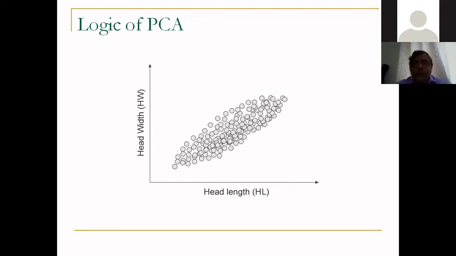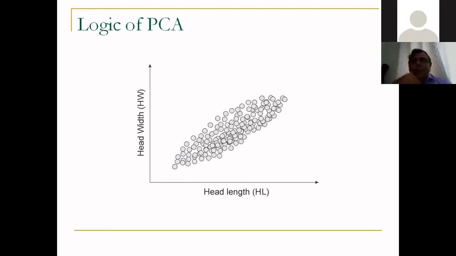But when you have, say, 20 different characters, then you'll have to visualize your data in a 20-dimensional space. So your data will not be in just 2 dimensions the way it is shown over here, but you will have a 20-dimensional space and your data will be scattered in it. Now, you cannot see data scattered in a 20-dimensional space, because even looking at 3-dimensional data becomes difficult for most scientists. So how do you look at 20-dimensional data? PCA will help you to visualize that data in multiple dimensions.